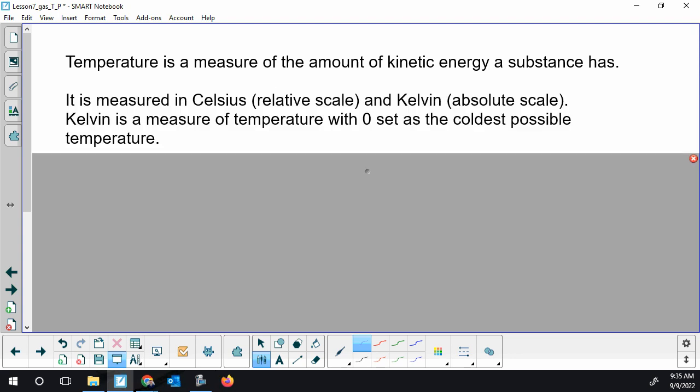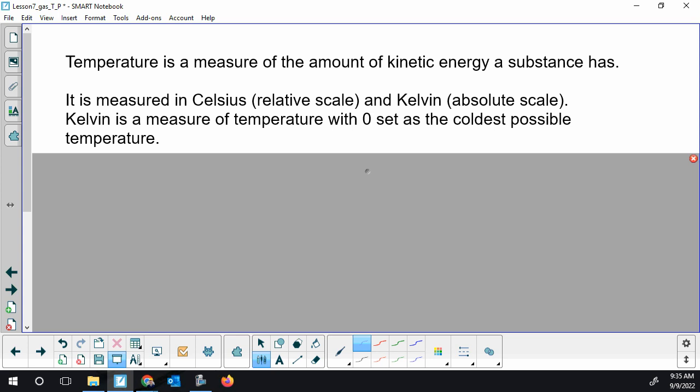You can measure temperature in a relative scale, Celsius, but we're always going to have to convert it to an absolute scale, which is called Kelvin. And we're going to spend most of this slide learning about the Kelvin scale. Kelvin is where our 0 is the bottom, our coldest possible temperature. All of our gas law measurements have to be done with absolute scales,